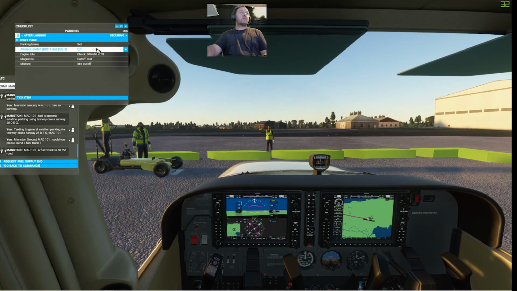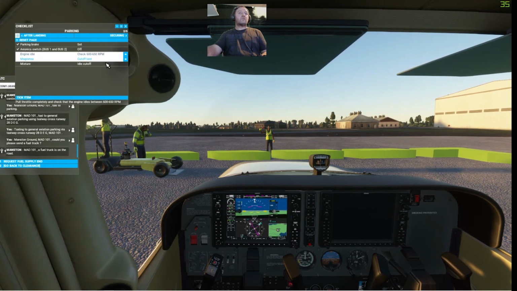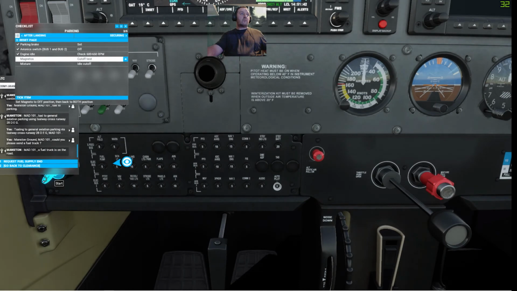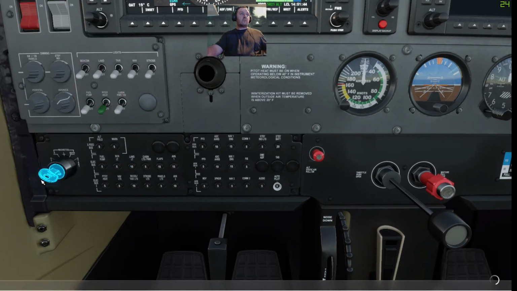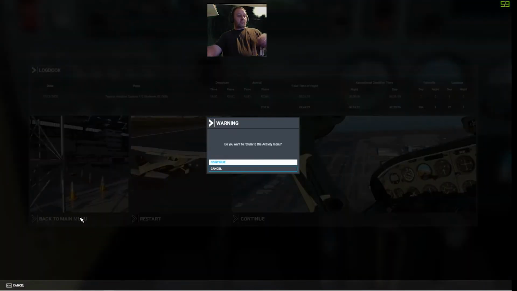Cool. Right, so parking brake set, avionics off, engine idle 600, that's alright, magnetos to off. Right, so that is now completed the flight. So now we go to NeoFly,